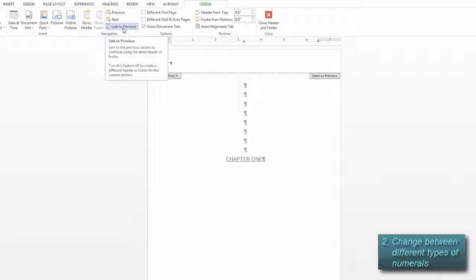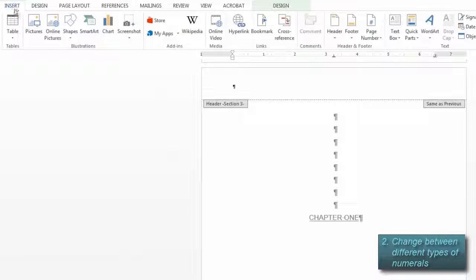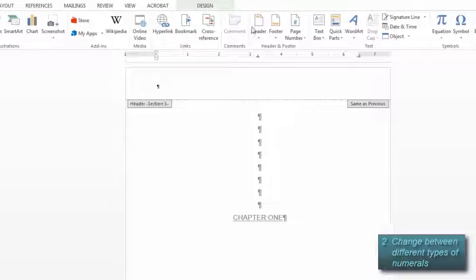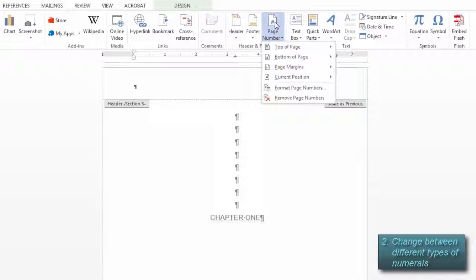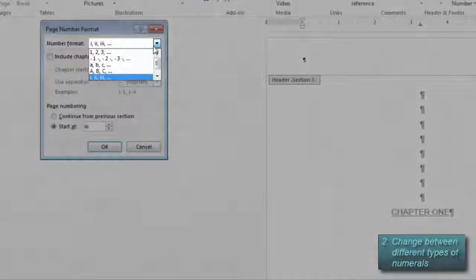Highlight the page number. Then, in the Header and Footer Tools tab, make sure Link to Previous is deselected. Then click the Insert tab and click Page Number. From the drop-down box, choose Format Page Numbers. Under Number Format, choose Arabic numerals.